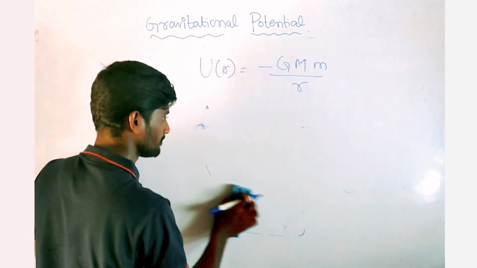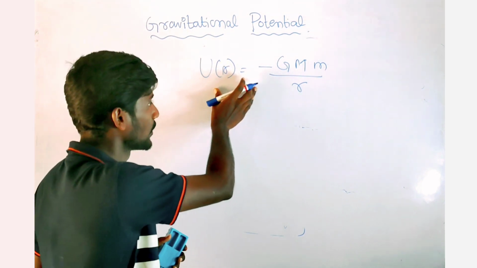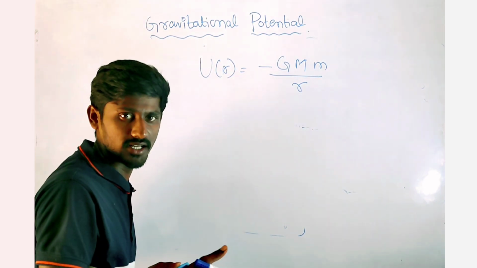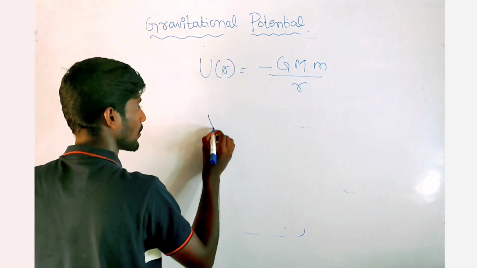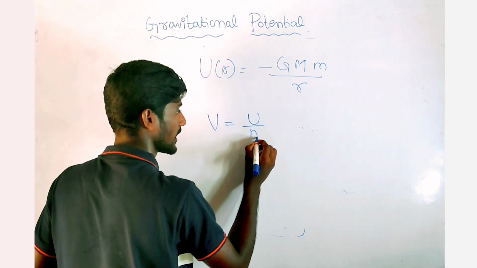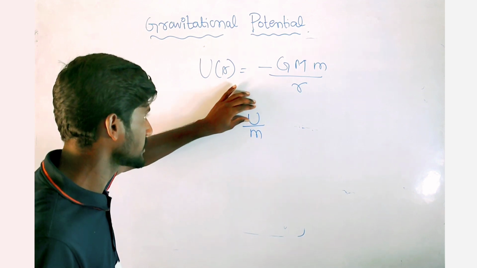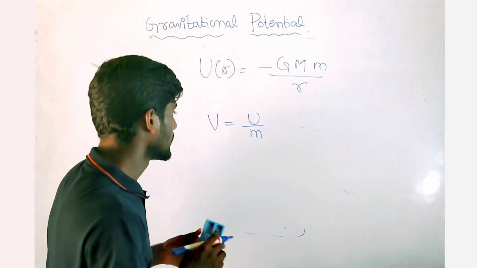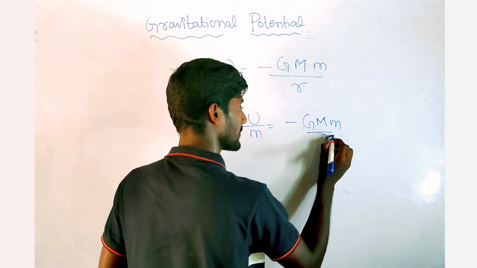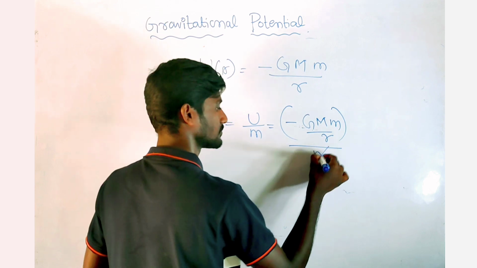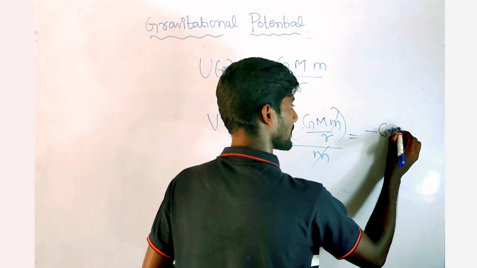So I am writing it here. The expression for the gravitational potential energy is this. What I am saying is, the gravitational potential is nothing but the gravitational potential energy per unit mass. So my V is now equal to U by m, per unit mass. So we have to divide the gravitational potential energy by this mass, right? So this is equal to minus G capital M small m by R, by m. I'm cancelling this small m. We end up with minus G into capital M by R,